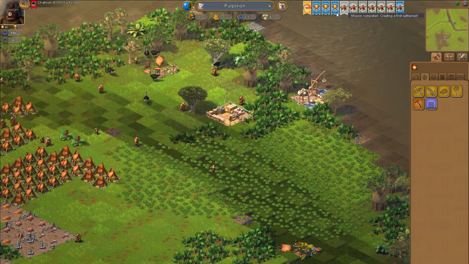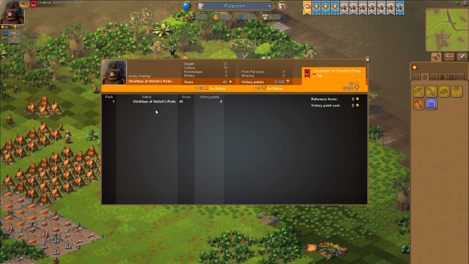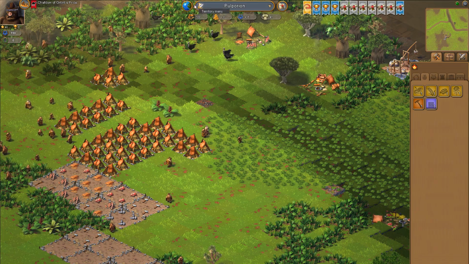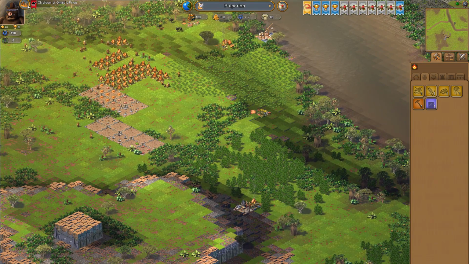Yeah, we want to get victory. We get victory points. So you have a score over here, and this is how you decide who wins the game, the multiplayer games, based on wealth, culture, and all that stuff, honor, that sort of thing. So let's just let this thing play out here, and we'll get, hopefully,